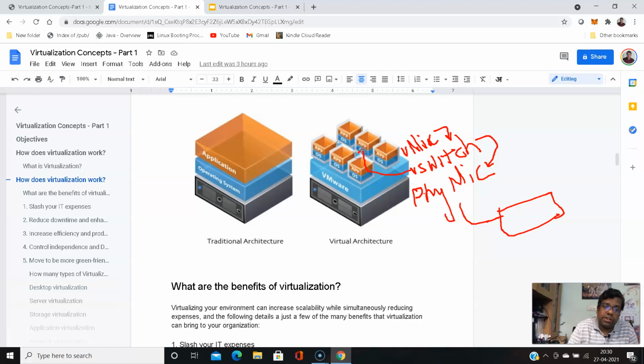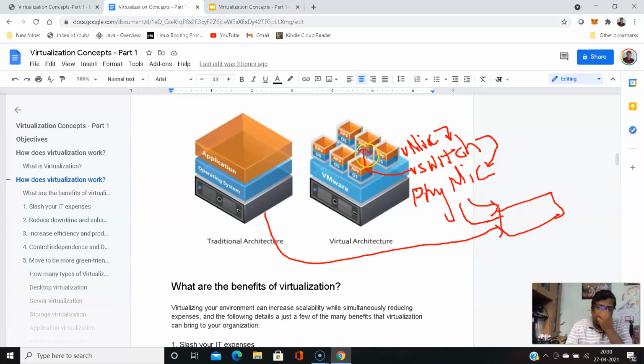So it will not need to cross the physical boundary. In a physical environment, if one server needs to communicate, the traffic will go to the physical switch and then move back to the other server. But in a virtualized environment with a virtual switch, virtual network, that's not the case. Say this is another box. If there are two boxes, and this box has the same virtualization capability, and this virtual machine needs to communicate with this one, it's also connected to the physical switch.